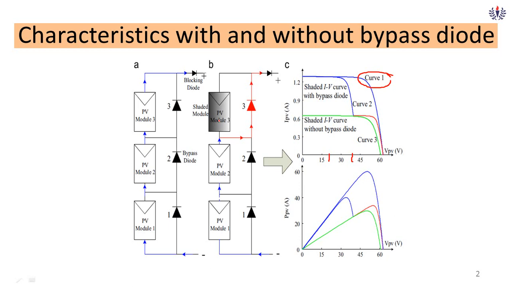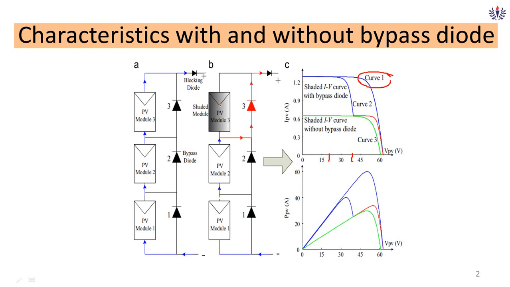Now I am just assuming the modules are receiving a change in irradiation. Which module is receiving change in irradiation? PV module 3 of case B is receiving change in irradiation. Let me say it is 500 watt per meter square, and my PV module 2 and PV module 1 receive uniform irradiation. Maybe the shade may happen due to a bird event or cloud passage or anything, maybe the reason. Those details we have discussed.